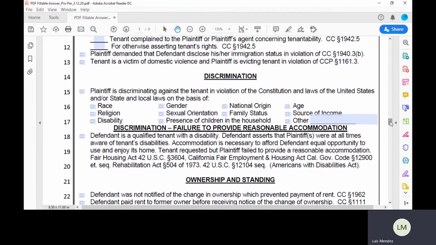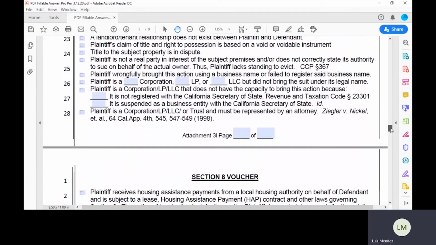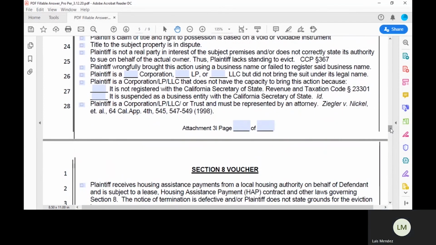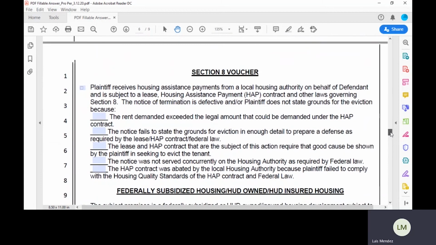Under retaliation are the defenses for discrimination. Here you just check the ones that apply to you, and if you require a reasonable accommodation and you didn't get it, then go ahead and look at the bottom defenses. If none of these apply, then move on to the next defenses and number your page. And the next